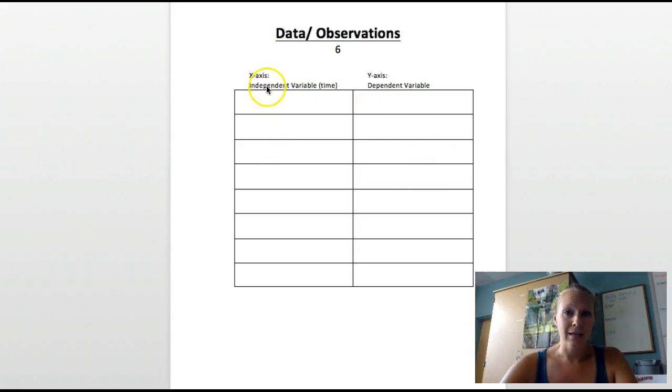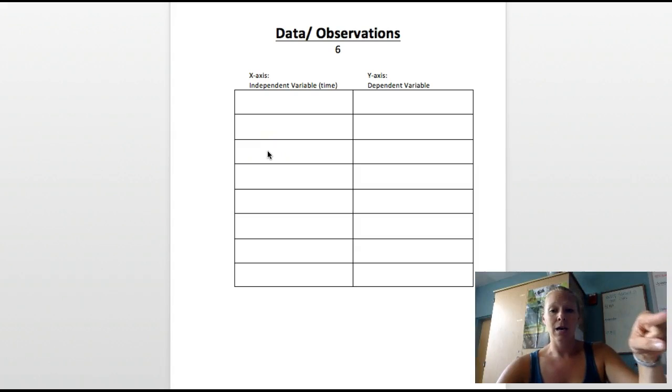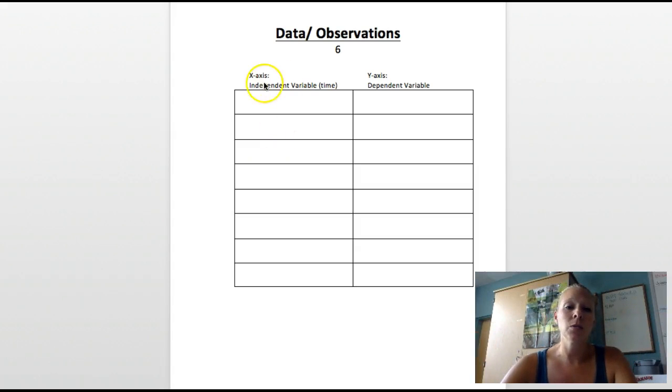On our x-axis, so remember that's the line going across, we're going to put our independent variable. And the thing that we change, let's say you added fertilizer on the first day. Let's say you added 0.15 milliliters of fertilizer to your plant. So here, down here, you would put day 1 added 0.15 milliliters of